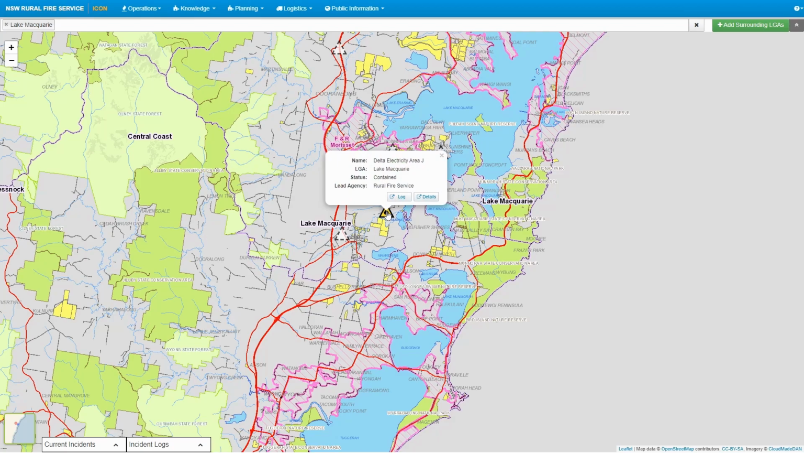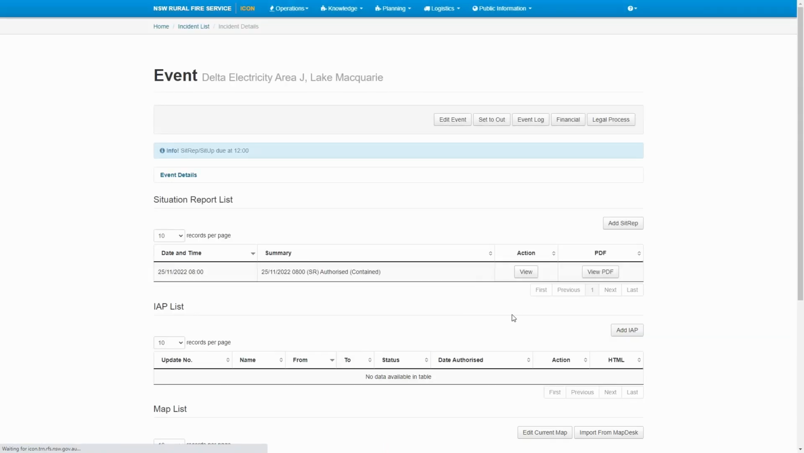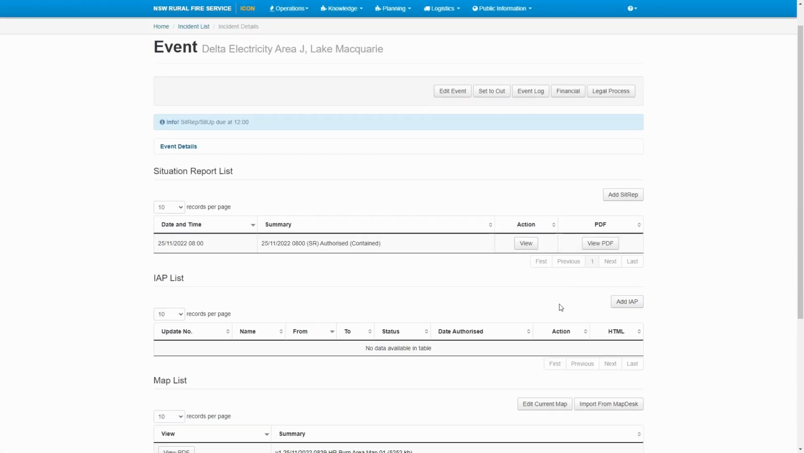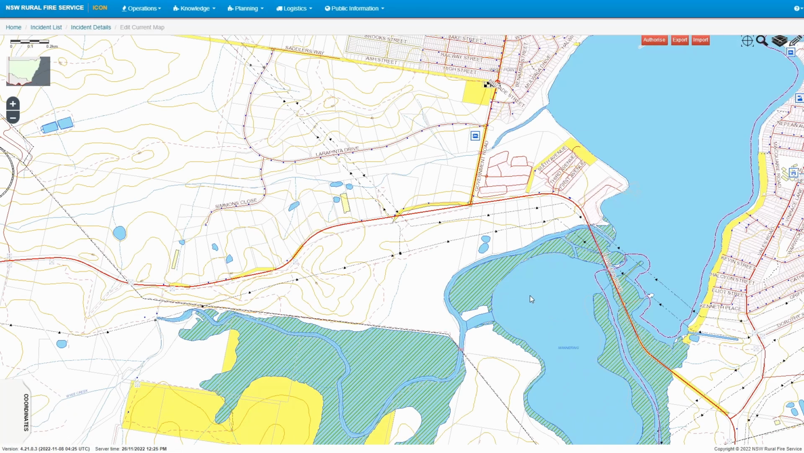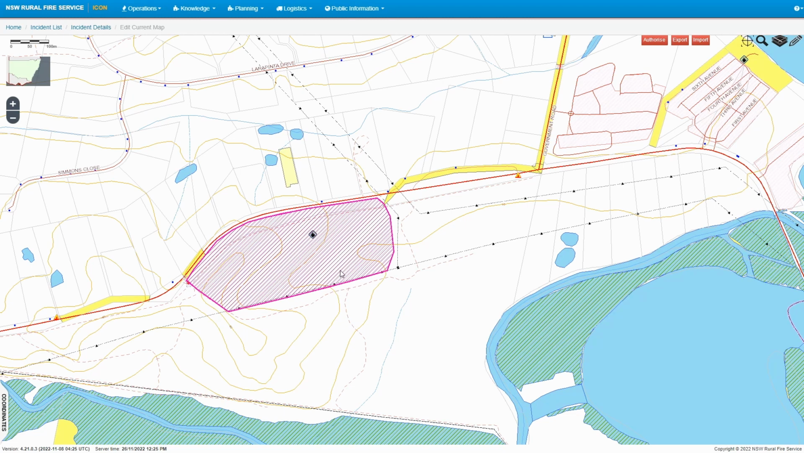Log into Icon and open the incident. Scroll down to Map List and left-click on Edit Current Map. The map workspace opens at the icon marker location for a new map or the previously saved extent if an